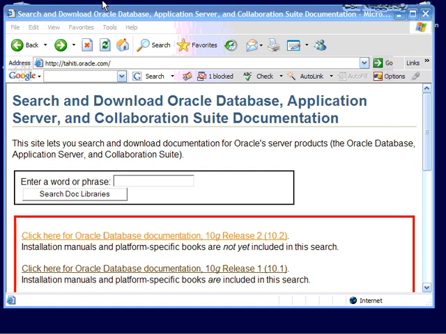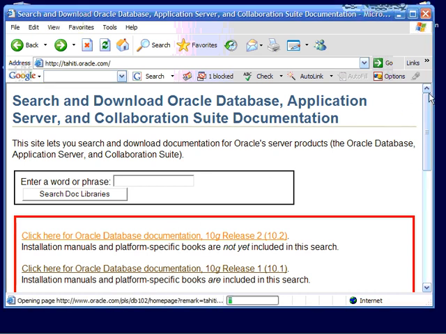For example, enough memory, enough disk space, the right OS. And so the way you do that is just open up a browser, go to tahiti.oracle.com like I have up here. To access this website, you will have to register your email address. It is free, however. So just click on the first link for 10G Release 2, and it takes you to the